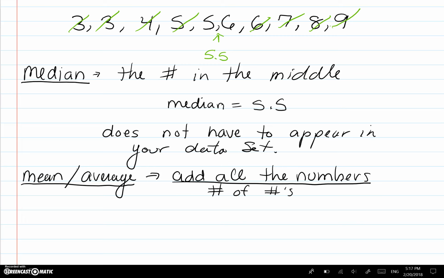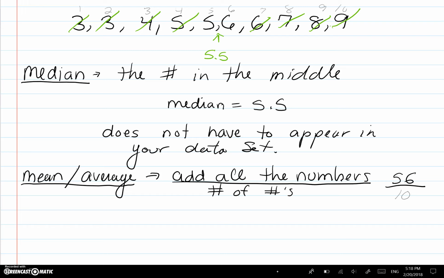So let's see, we're going to do 3 plus 3, which is 6, plus 4, which is 10, plus 5, which is 15, plus 5, which is 20, plus 6, which is 26. 26 plus 6 is 32, plus 7 is 39, plus 8 is 47, plus 9 is 56. So 56, that's the sum of all the numbers. And I have how many numbers here? 1, 2, 3, 4, 5, 6, 7, 8, 9, 10. I have 10 numbers